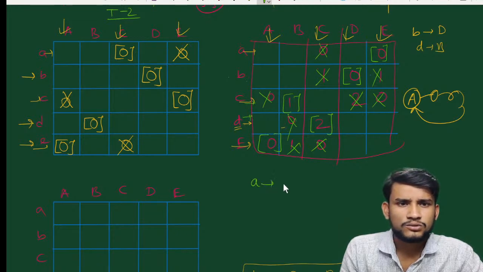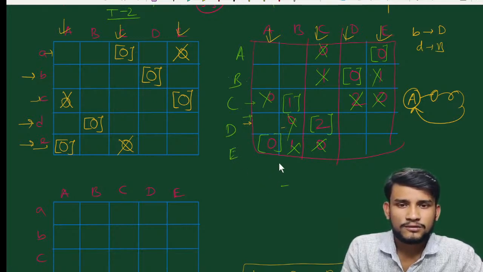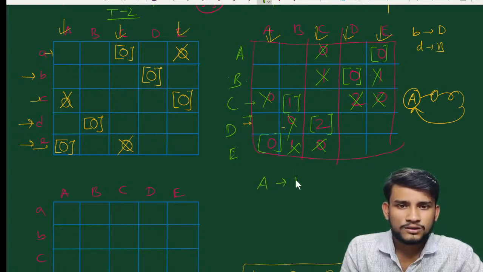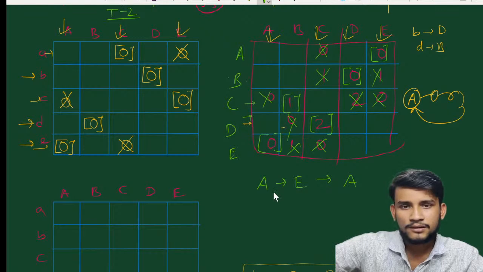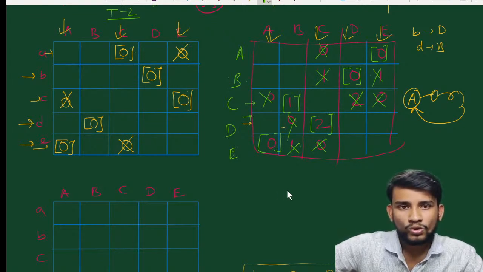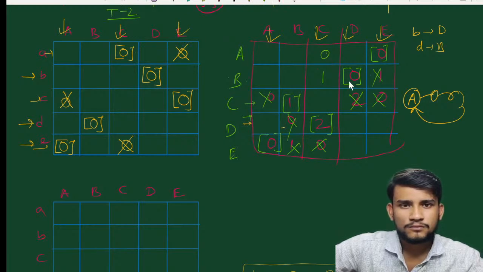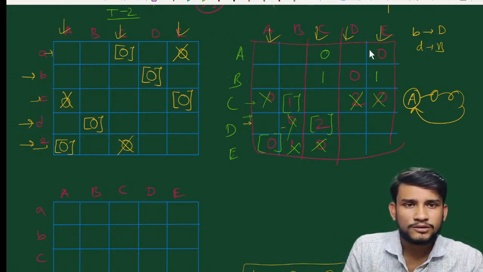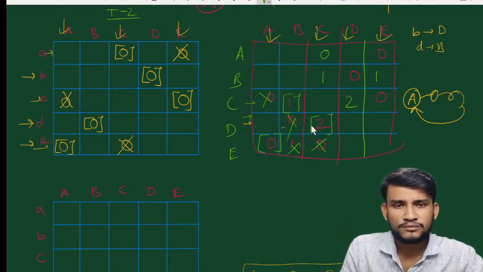सो ए गोज टू ई, इसको भी कैपिटल में भी लिखो, ए बी सी डी ई। ओके, तो देखो ए गोज टू ई, ई गोज टू ए, तो ये ओके ओके ओके, ए गोज टू ई, ई गोज टू व्हाट, यहाँ पे भी प्रॉब्लम आ रहा है, ठीक है। यहाँ पे भी प्रॉब्लम आ गया थोड़ा। दिस इज द सेकेंड मिनिमम कॉस्ट।